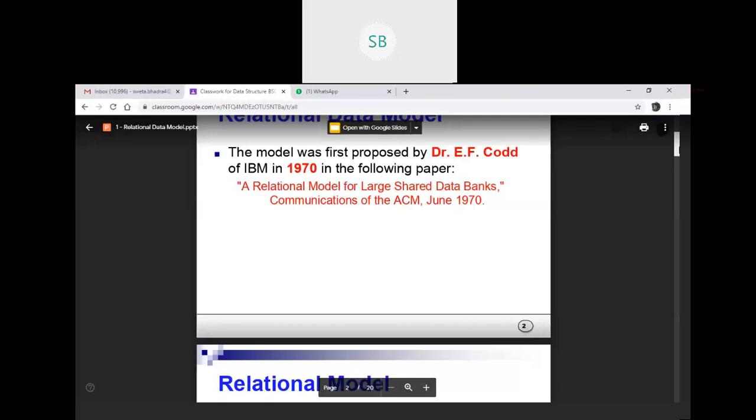You won't probably understand what an ACM paper is until you go for research; you will then know these are very high standards of research. Whenever they talk about the relational model, always remember the relational model was given by a man named E.F. Codd.